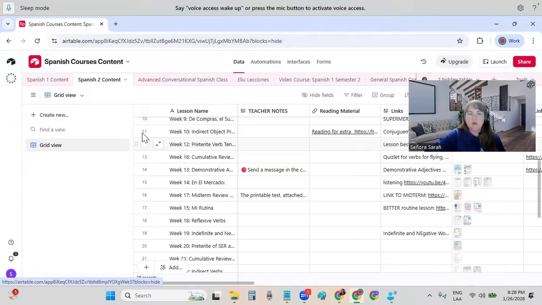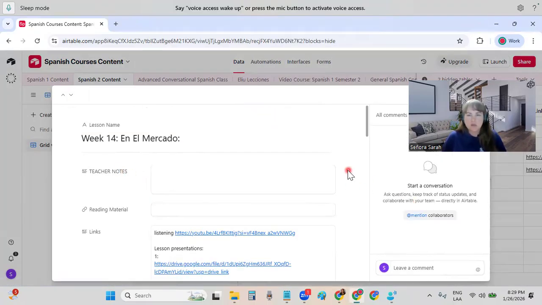I worked very hard making all of this, okay? So don't share it with anybody. I can pursue legal action if that is not respected because that is part of your contract. Okay, we're working on, come on. Oh, it's white. We're working on the topic en el mercado. Did you see how it was en el mercado? Okay, so on Airtable, you can expand, make it bigger here, to see the material and the content that I